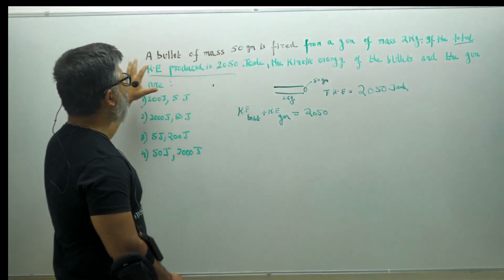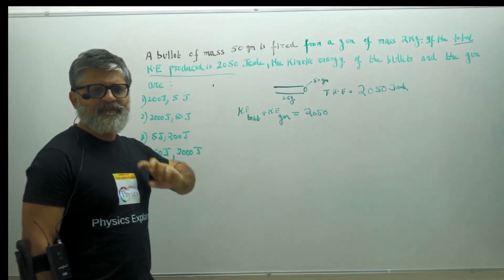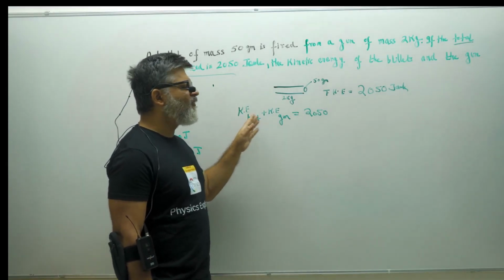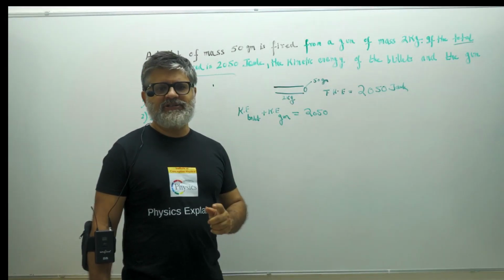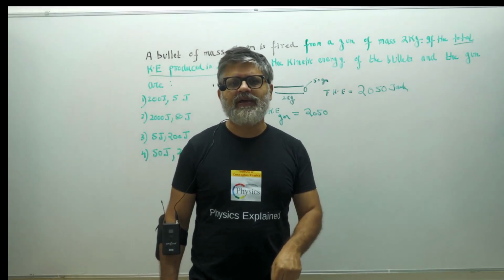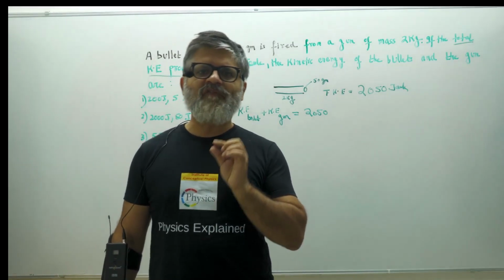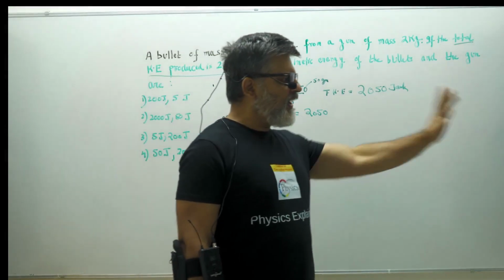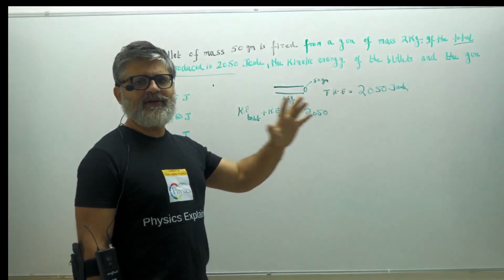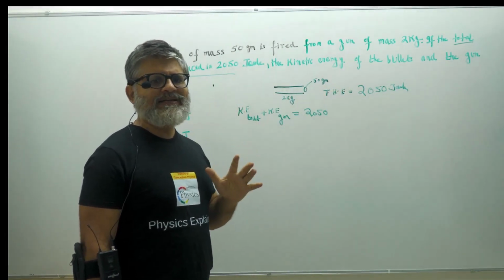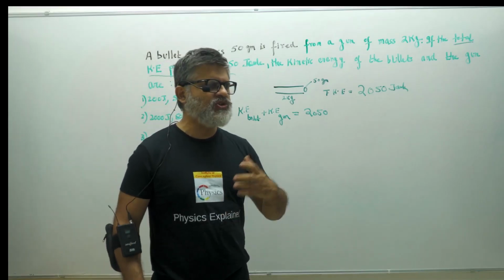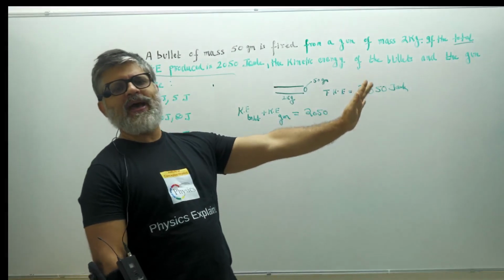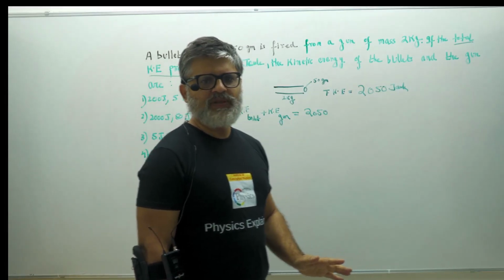Now, normally in these questions, when you have a bullet and a gun, it is very important not just to apply the law of conservation of energy. But, and now this is the key point I'm trying to make, the hidden concept in this is law of conservation of linear momentum. So when the bullet is fired in a forward manner, you do get a jerk back, right? And so the net momentum of the system is conserved because there is no external force. Whatever is the forward momentum of the bullet goes back and hits the gun also, right?